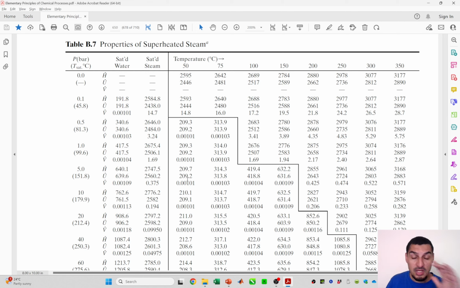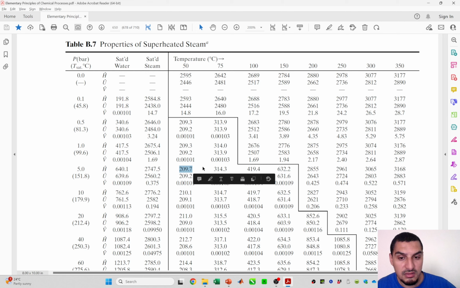If we know 0 and 50, we can do interpolation, but I don't know any value below 25, so I cannot do interpolation. So I have one of two options: either to take this value, given that we have only the steam tables that we have here, as the enthalpy, and I'll say that it's only 25 degrees Celsius, so it's not a big deal. So the enthalpy is 209, or